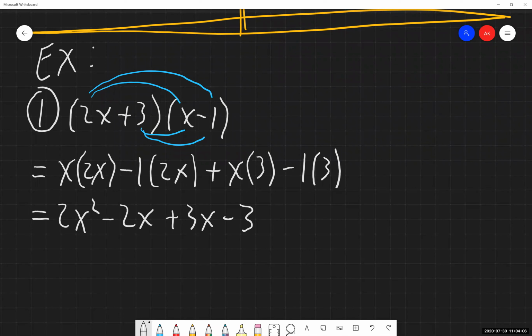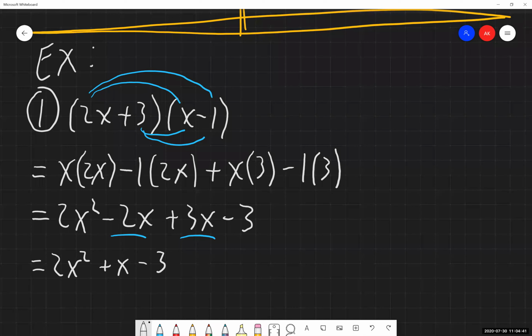Now from here, I have everything multiplied out. And again, we're told to simplify, so multiplication, and then we go to addition, subtraction. Can I combine any like terms here? Yes, I can. I have an x term and another x term here. I can combine those together because the variables and their exponents are identical to one another. So negative 2x plus 3x, it's going to give me plus 1x, or just plus x.